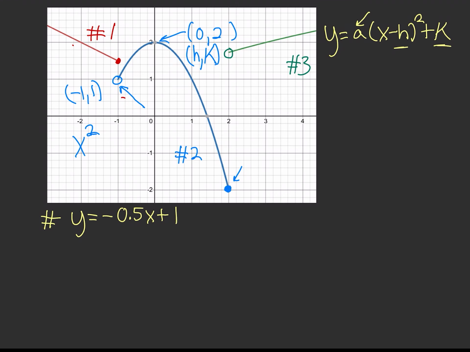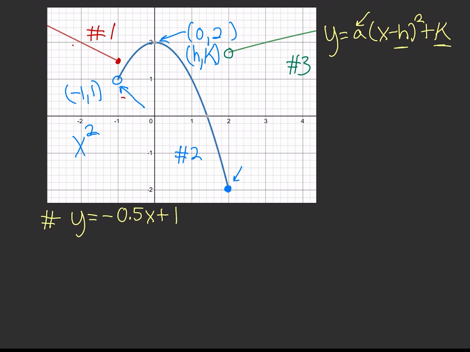You can't use the vertex, because if you use the vertex of (0, 2), it doesn't work. You can't use the vertex for the h, k and then also plug it in to find what a is. So I needed another point, so that's why I'm using (-1, 1). So when I plug that in, I'm going to just say for a minute, using that point (-1, 1),